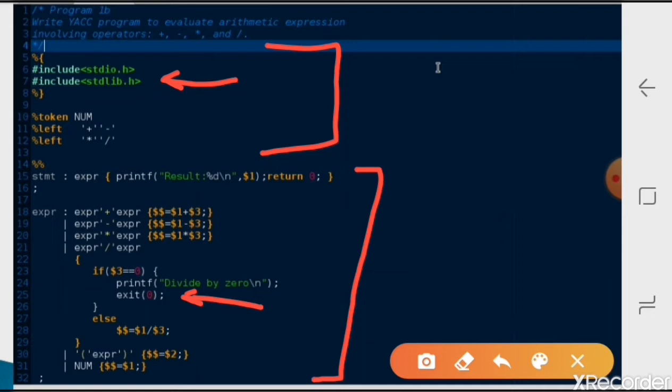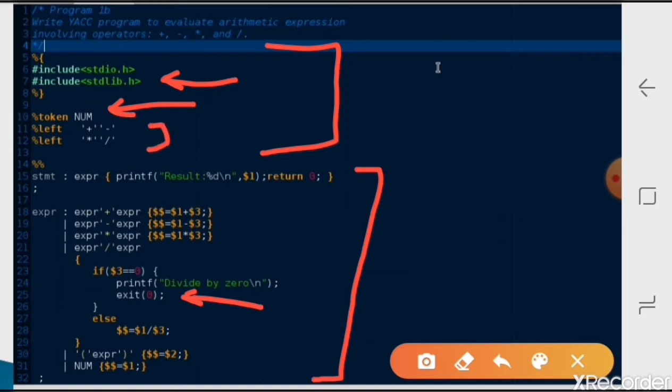In the definition section, we define whatever tokens we require. Here we require one token, a number, since we identify the number, so we define one token, num. Then we write the associativity of the operators: plus and minus are left associative, and multiplication and division are also left associative, but we write them in 2 lines, line number 11 and line number 12.